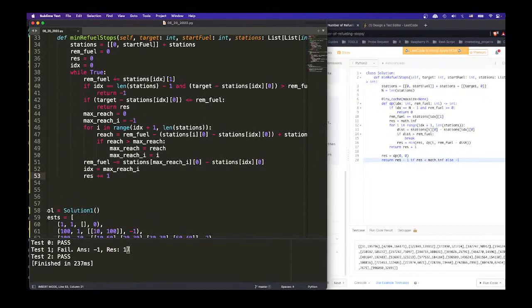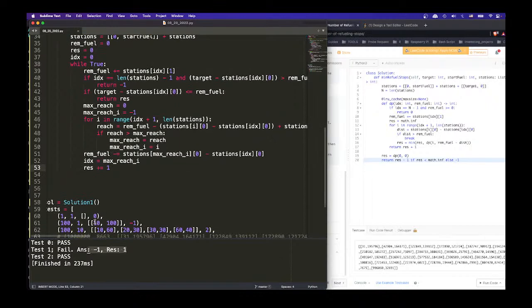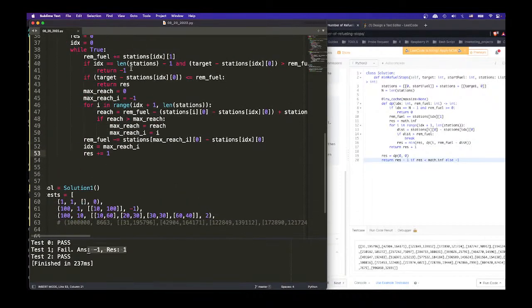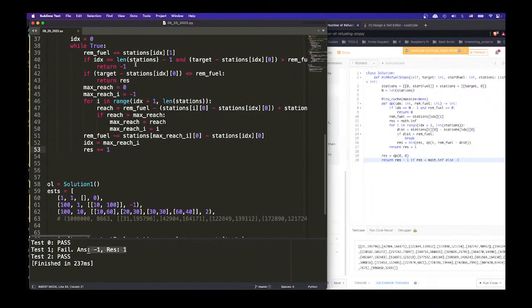How about this one? So put 0, 0 in it, right? So I start with 0. Refill. Okay, so refill to only 1. No. Yeah, I thought I just refill to 1. Index equals to the last one. No, it's not. It's the beginning. And then we'll try to see if we can reach and